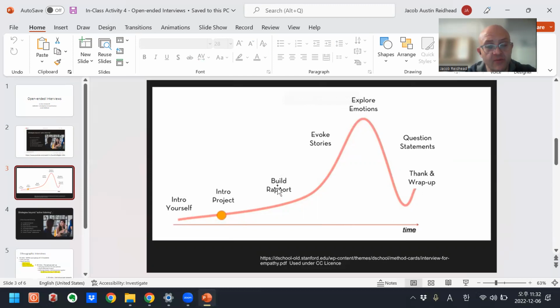Usually they can build rapport, but then they go directly into question statements, which are often close-ended, or open-ended but they have not prepared the subjects for these questions yet. So this activity really emphasizes spending time with the subjects, evoking stories and exploring emotions before they ask their questions.